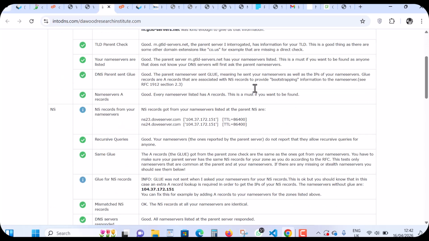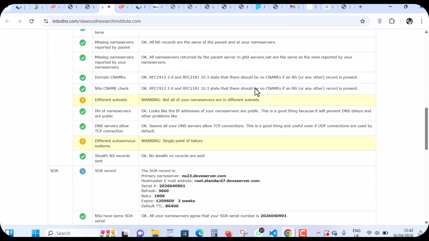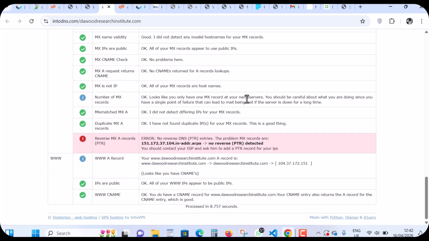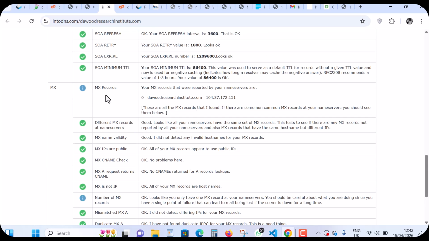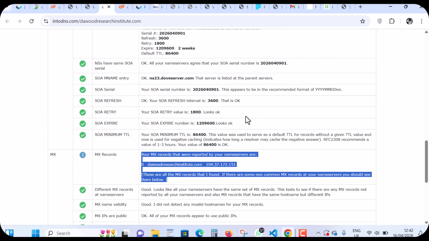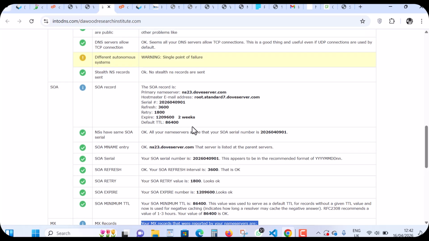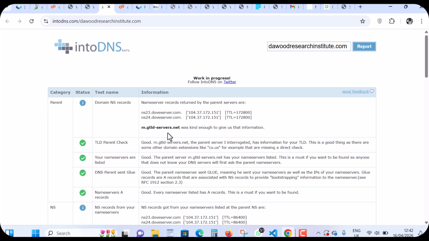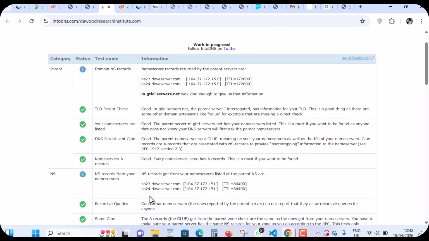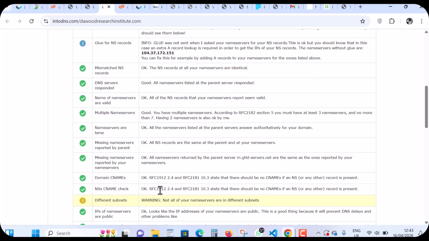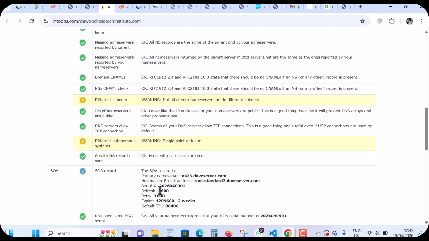So now check on all the records, ensure the records tally. None of the records should be showing you an error. So now here on the MX record, we don't have any problem with the MX record, and this MX record is a record that handles the email exchange, or the mail exchanger record we call it. And also the A record should be pointing to the DNS server. We have a record on the account and it is pointing correctly on this particular account. So we'll check the A record also